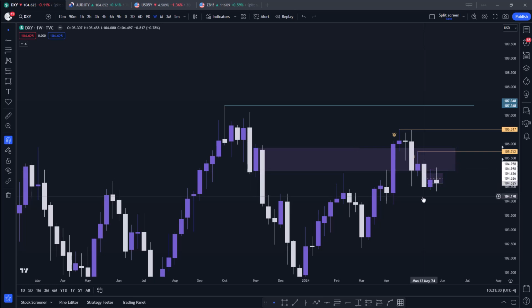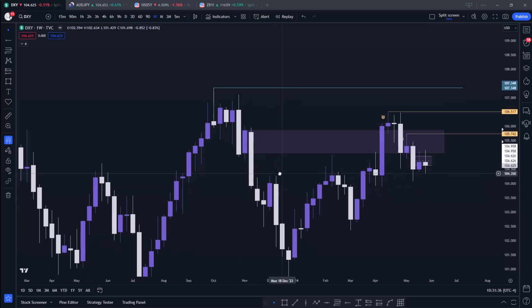We decided to displace lower and closed below it, and now price has been hitting that same mitigation block as resistance, and that's why I was saying that there is a chance that we could go for the sell side liquidity there and there, coming back into this fair value gap that we respected once in the past. So I would not be surprised if price decides to go for the sell side liquidity first before pushing higher,